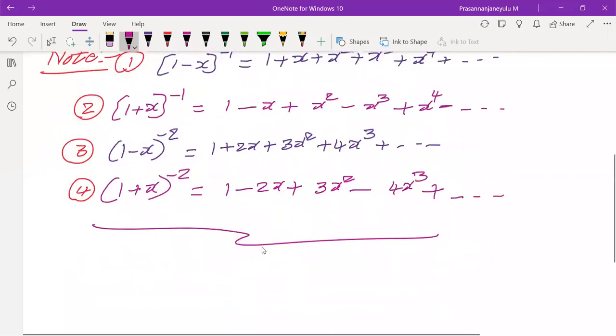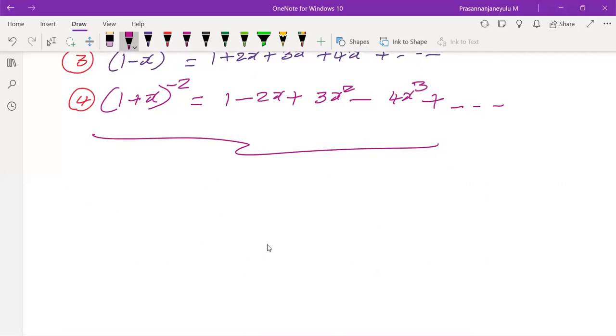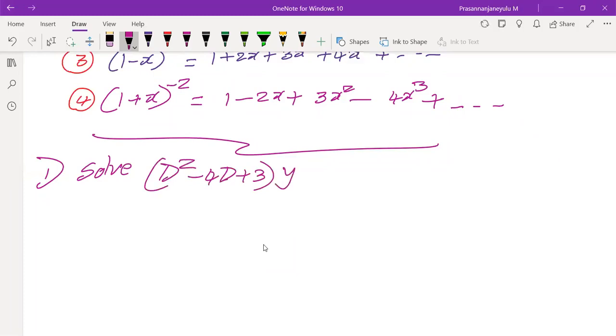So let me take a problem, then only you can understand our case, our type. So I'm taking here, solve, our previous problem, D square minus 4D plus 3 of y is equal to, for the namesake I'm taking only x square. So if we find the solution for this,